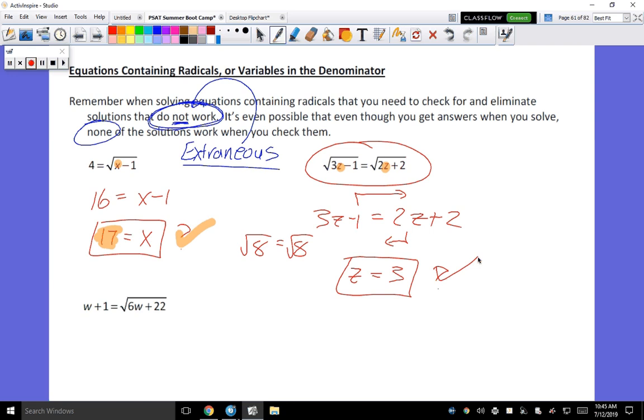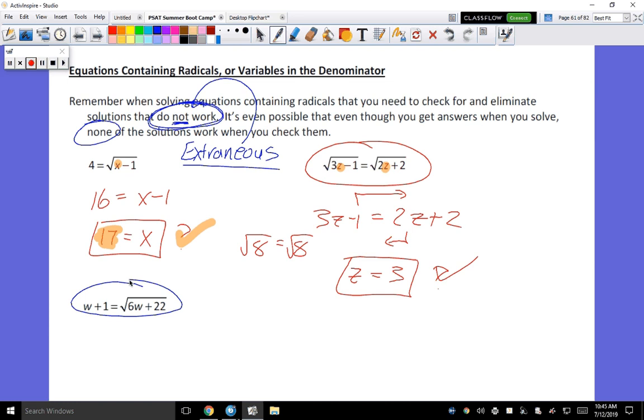I don't want you to build that understanding. I want you to build the more understanding of, I have to check it. And I have a shortcut for you on that. I have something that I want you to think about that will then tell you I don't have to check for extraneous solutions. Do you understand? Yes. Okay. So,